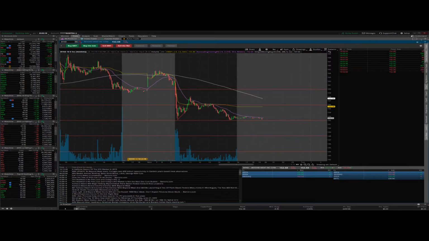So in review, we found a stock that had a lot of interest, a lot of volume, that dumped really hard out of the gate and got a relief bounce right off of an old support level that we expected to hold. Then we saw it put in a higher low and form this nice pattern in between the support and resistance level. We took a long once it broke out of the pattern and held until we saw some